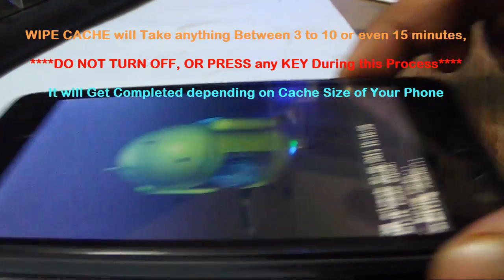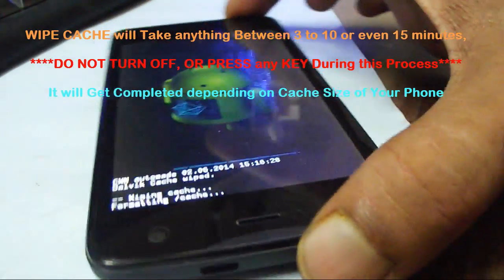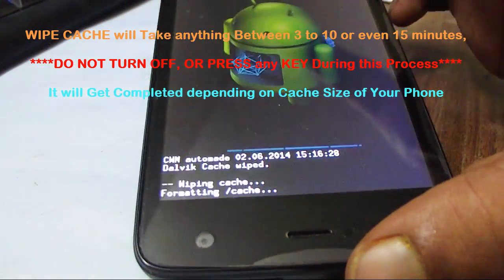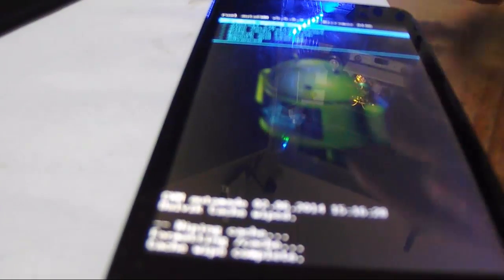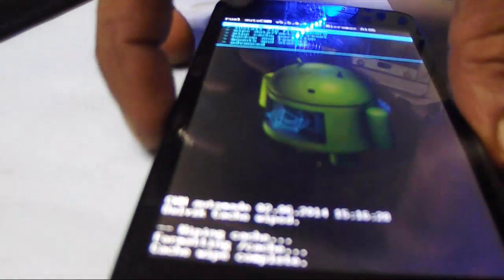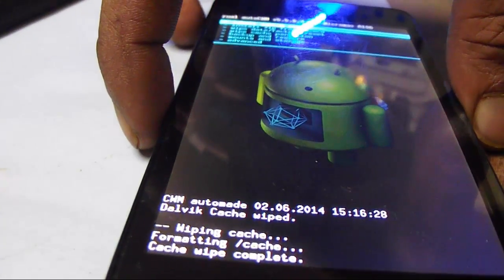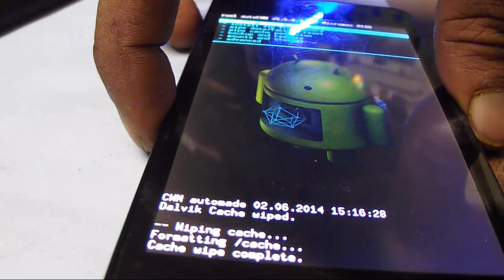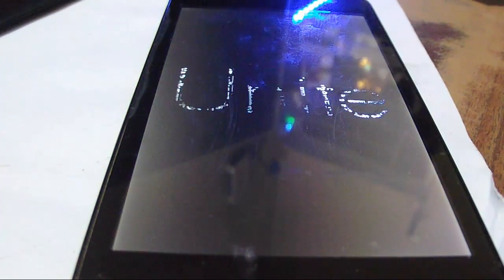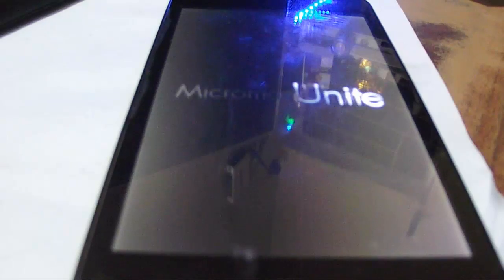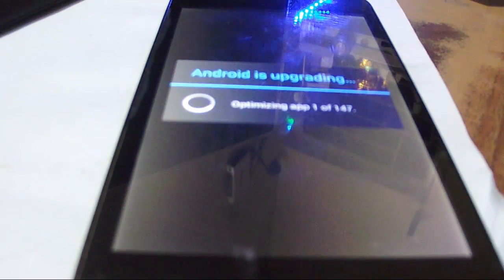It will take a while. You can see cache wipe has completed. It took a lot of time to complete. Now you have to reboot the system. I was getting the internal card damaged error. I have cleared the Dalvik cache and the cache partition.